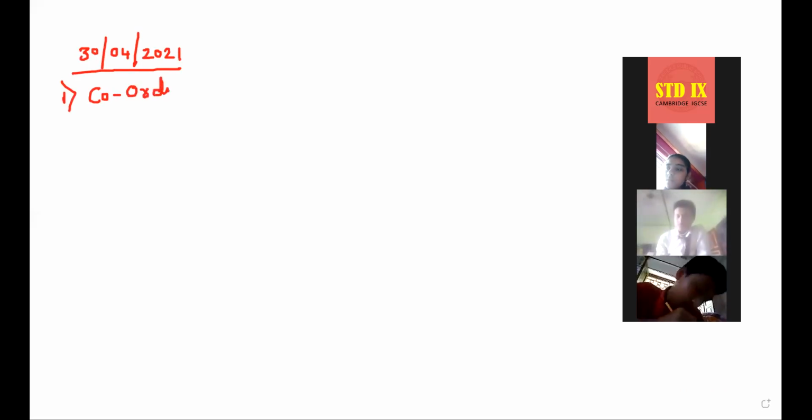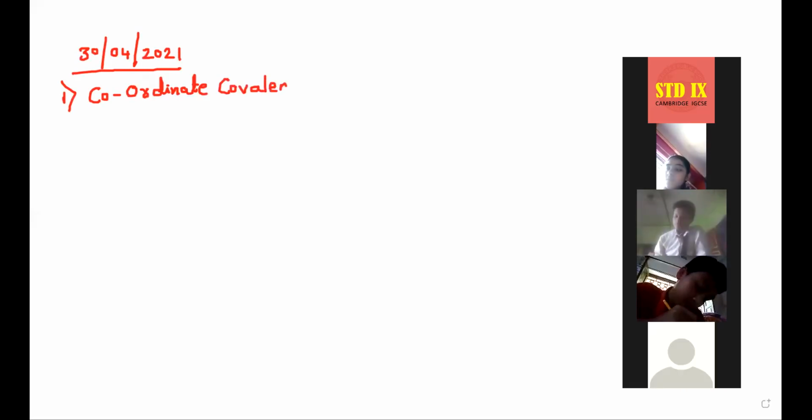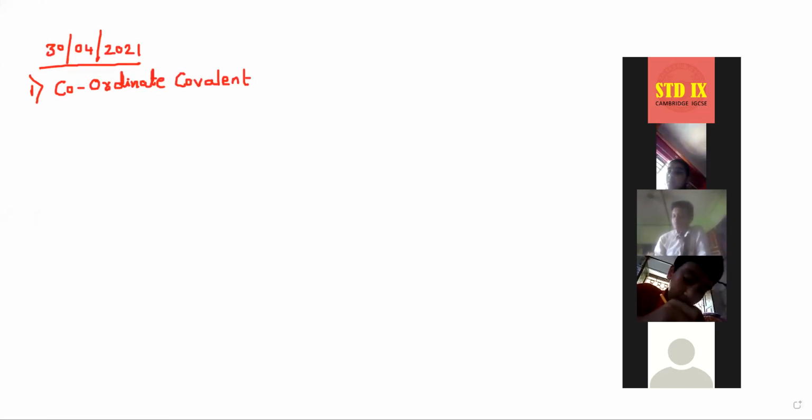Coordinate covalent. Now, the main condition of this bond is